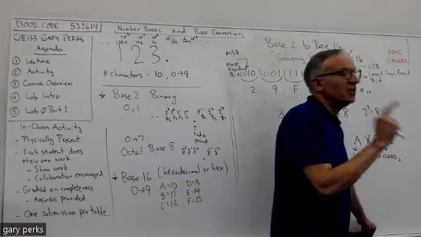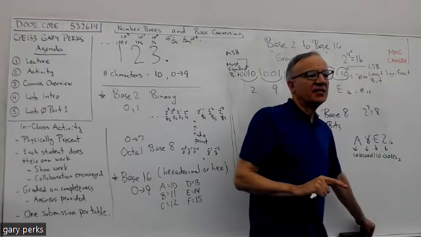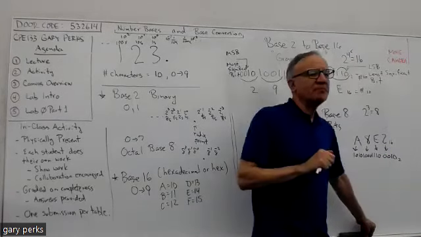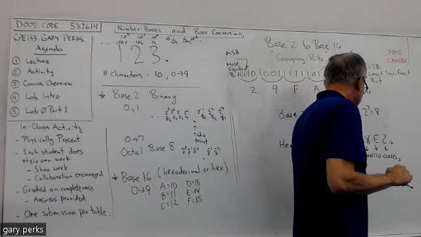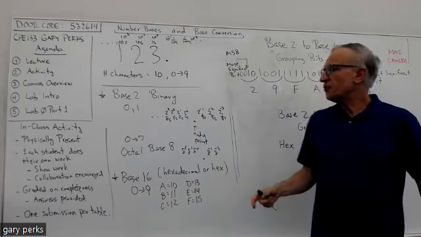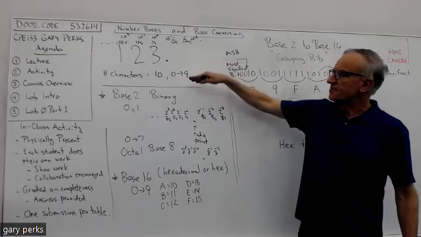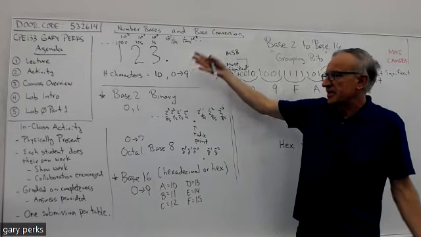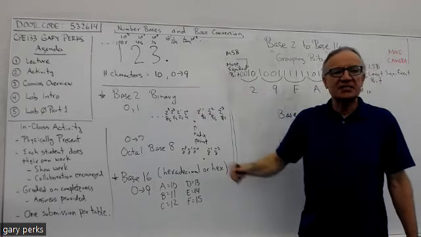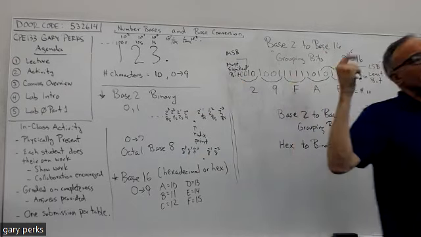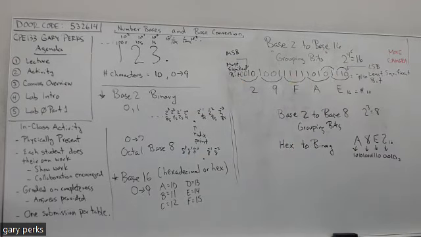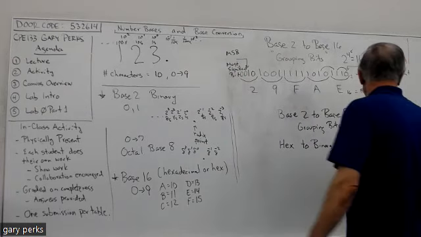Okay, one last thing, and then we'll stop. You can take a break if you want, and then you can start the activity. And, like I said before, the most important bases other than base 10 in this class, and in any digital class also, are base 2 and base 16. But now that you know how to do these conversions, you should be able to convert between any base and base 10. For example,